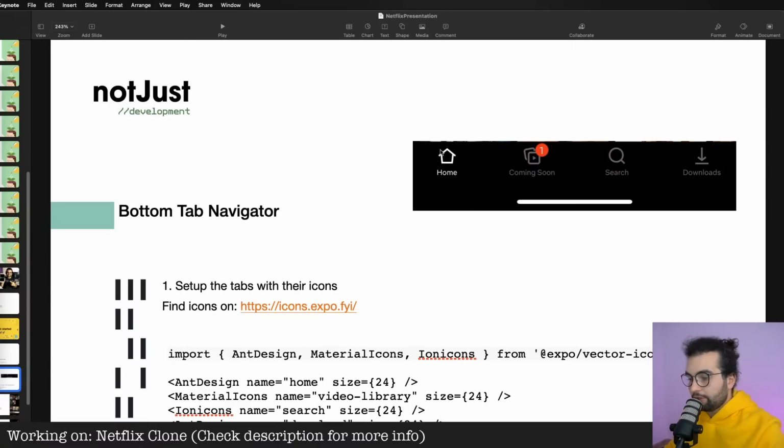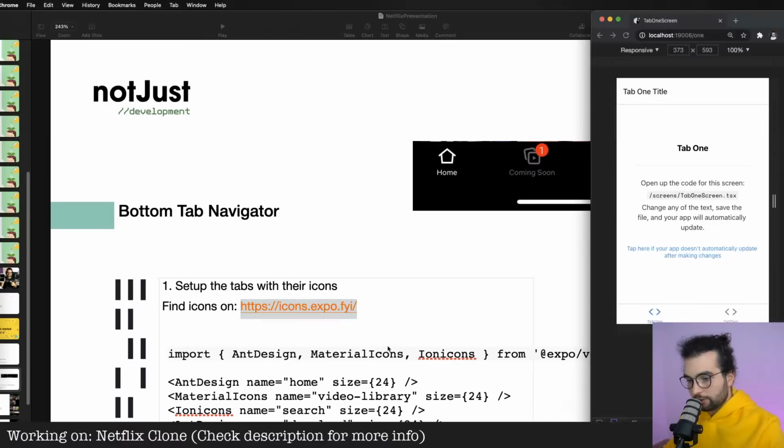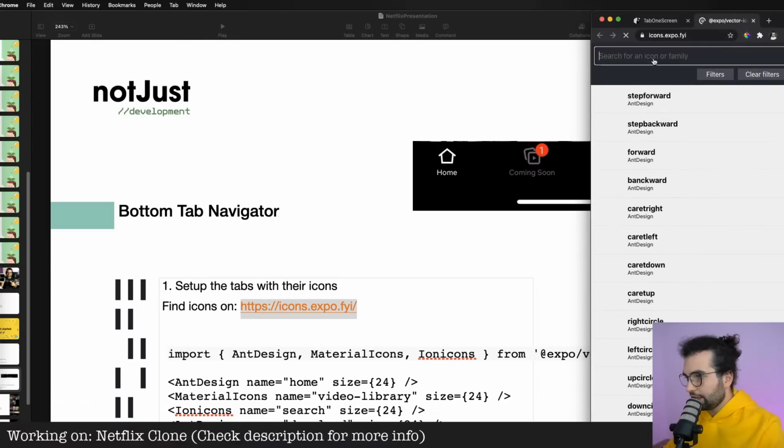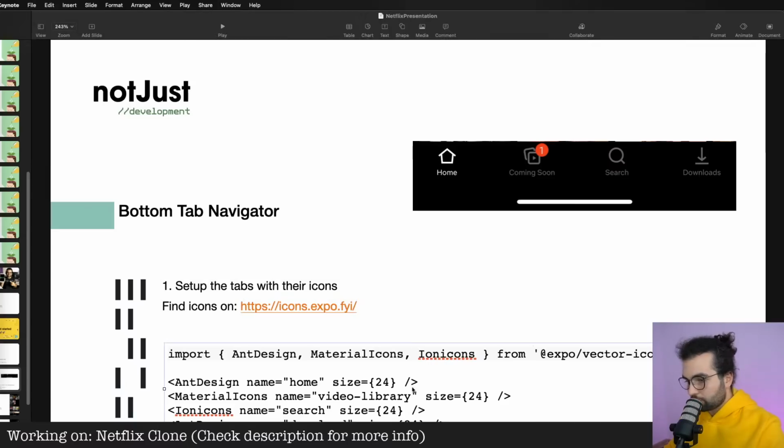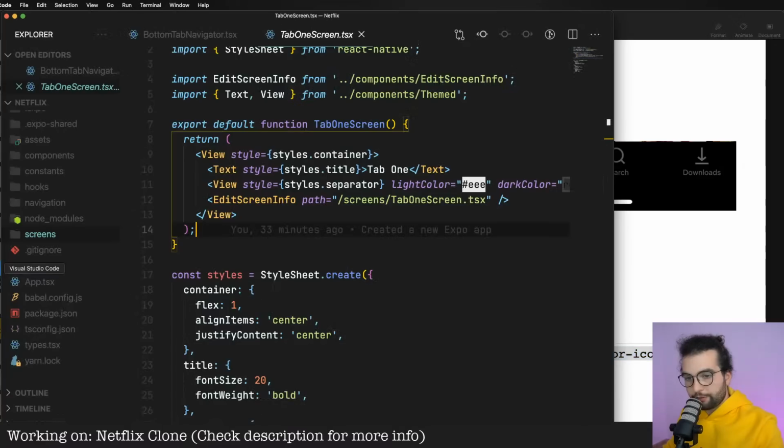Here in the bottom tab on Netflix, we have 4 screens: home, coming soon, search, and downloads. We can find the icons that we're going to use from icons.expo. You can open it here, and here you can search for the icon that you need. However, I made sure to search for all the icons that we will need in this project. So here they are. Let's copy the import statement